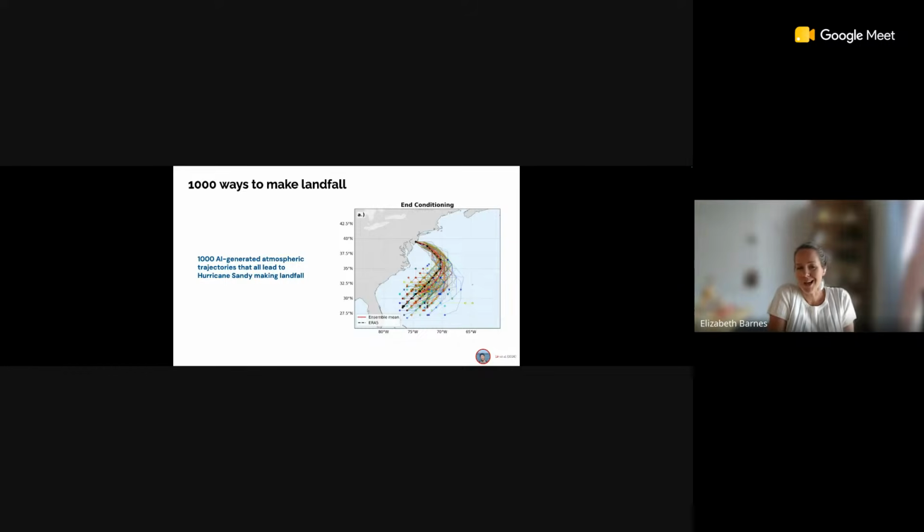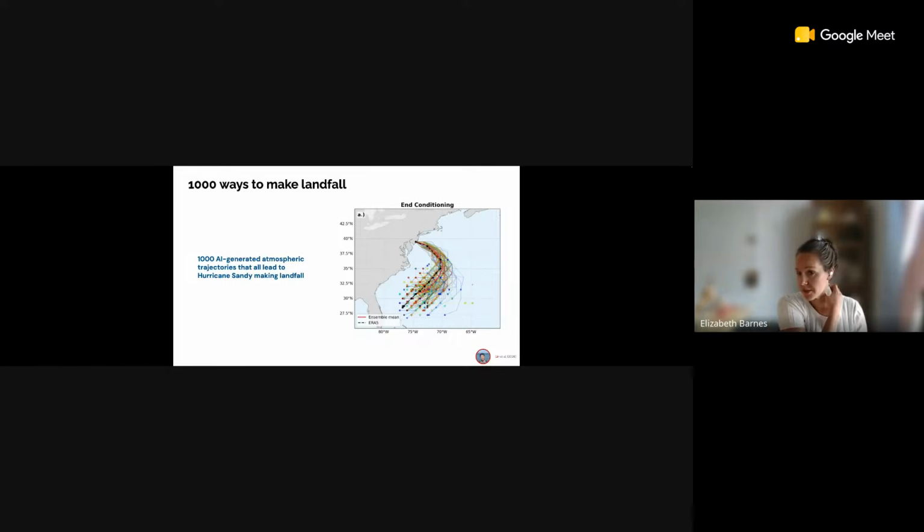How do we do this without this approach? How have we done this before? Well, in the climate community, we often want to sample the tails of extreme weather events. Those are often where the impacts are. So what we do is we might generate 1,000 members of the climate system, and some of those members may create hurricanes like Superstorm Sandy. And then some of them may have those storms run into the coast, and we select those out to study them. So if you're trying to sample some really extreme tail event, you have to run many, many, many more simulations than you actually need, and you end up throwing out most of them.